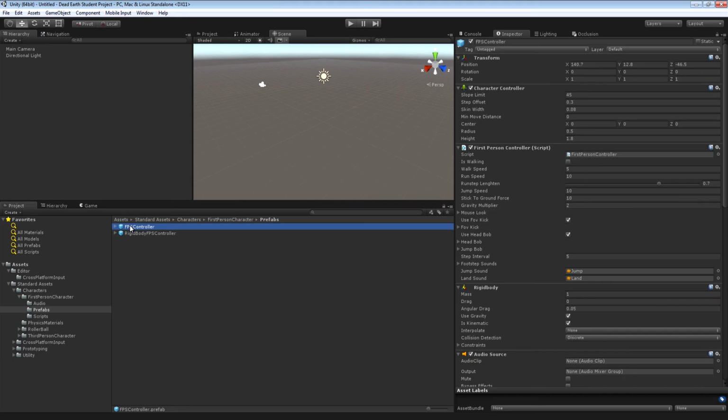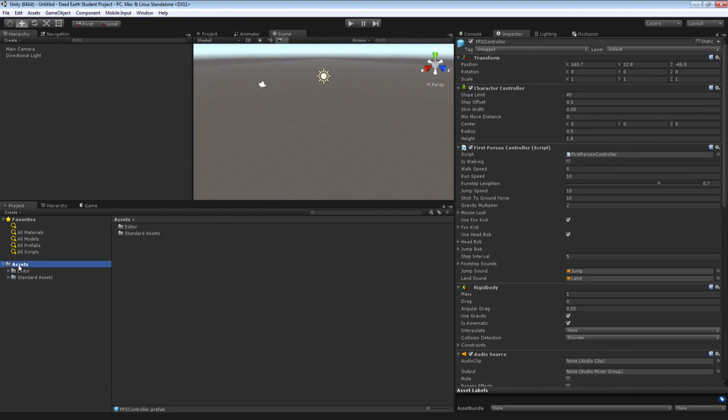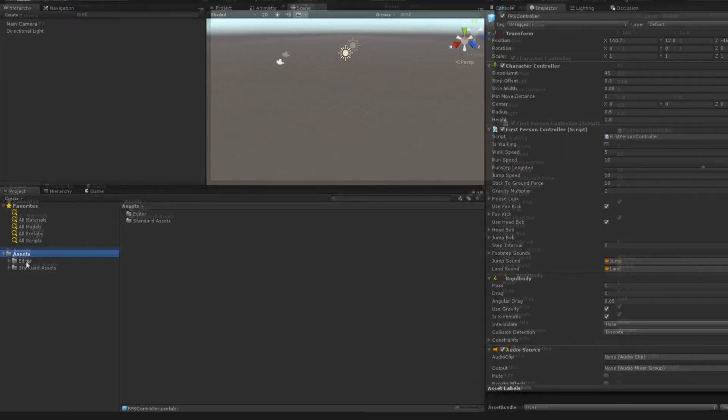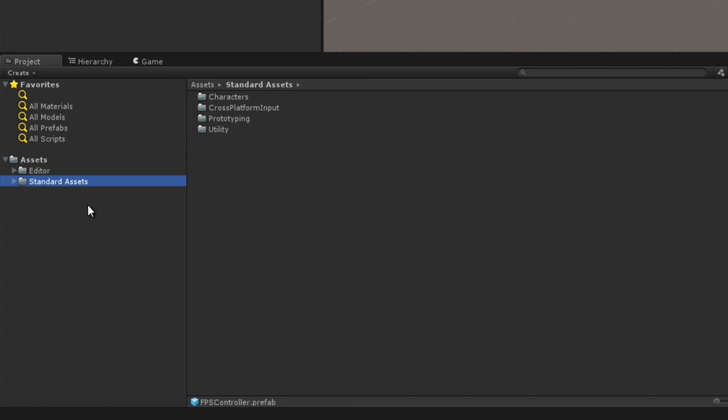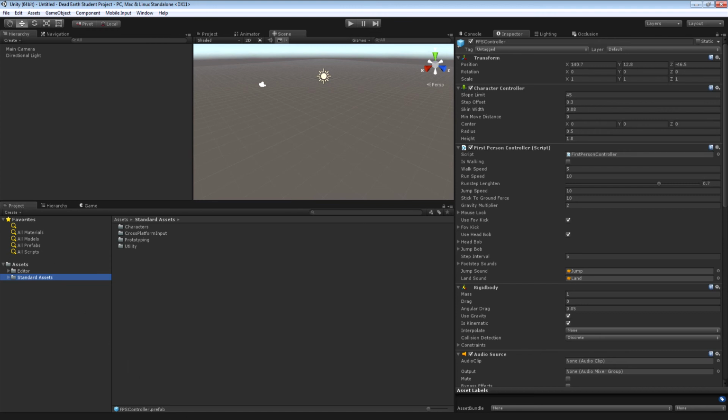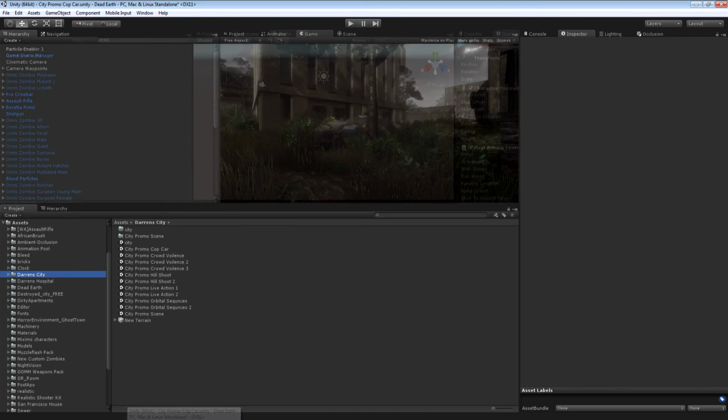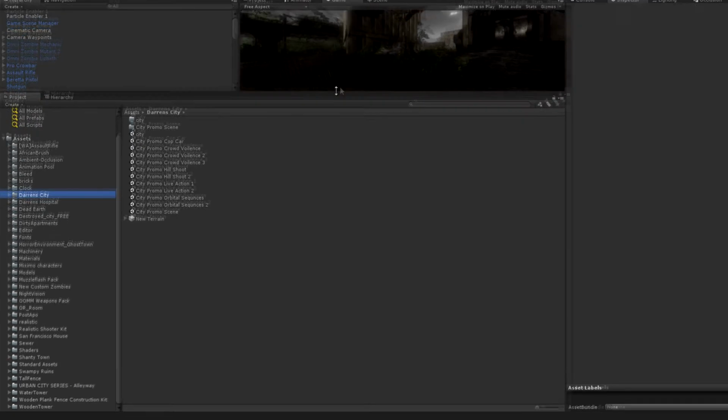The final thing I'm going to do is I'm going to create some folders that I'm going to be using to store pretty much everything that I create to do with Dead Earth. I don't just want to throw this stuff right in the root assets folder, because it's going to get mixed in with a lot of other stuff. For example, if we look in the project view at the moment, you can see that we have the editor and standard assets folders that were created by Unity when we imported the standard assets, the characters and the prototyping packages. But if I just flick over to the current up-to-date version of Dead Earth project, you can see that